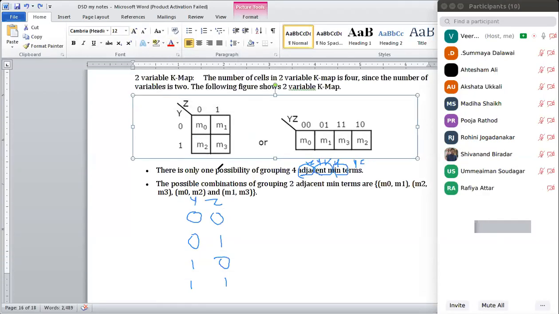First 0 0 is there. Okay, no problem, directly the value has no changes. Here y is remaining same, z is changing. Then I am going for this, y is changing, z is remaining same. For this, y is remaining same, z is changing. If I go in a sequential way, what will happen?